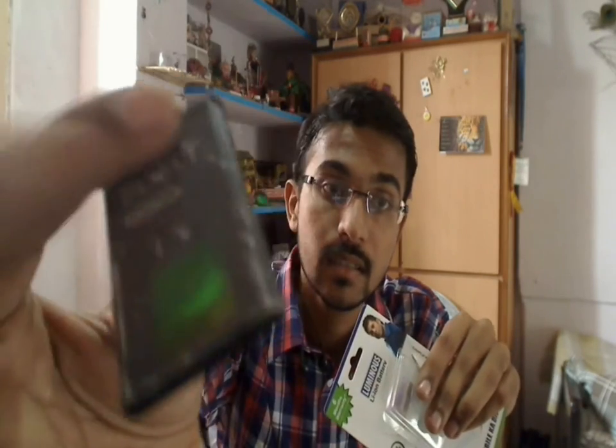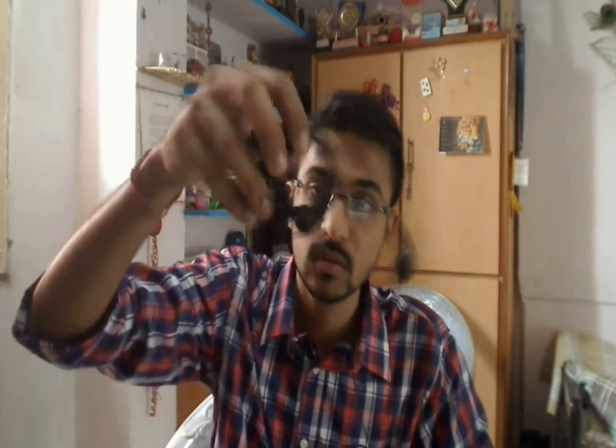And she also gave me this battery. It's a dead mobile battery, a used Nokia battery. I'll see if I can bring this back to life, or at least use it in some project. And she also gave me headphones. She told me one of the speakers wasn't working, so what I can do is use the mic present in that. And she gave me a landline phone cable, a DSL cable,